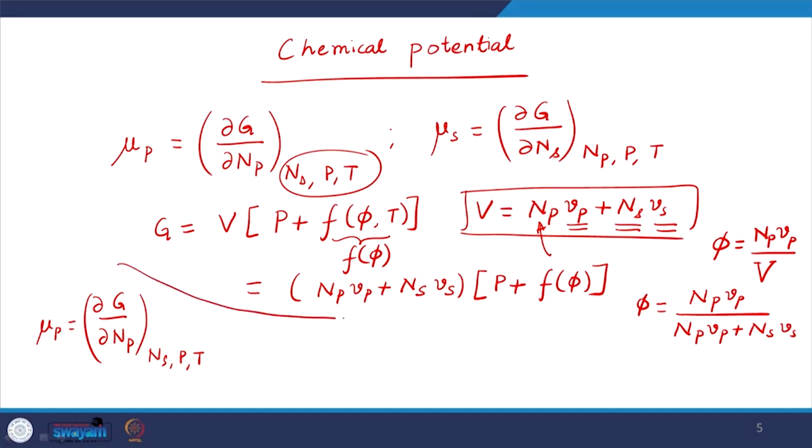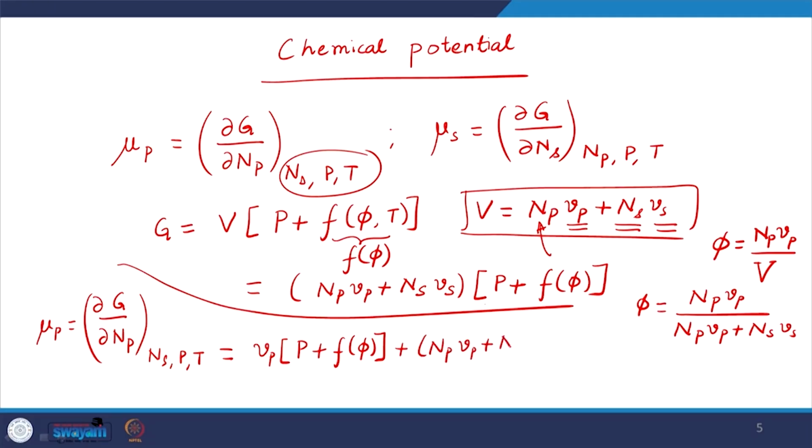So, now this quantity is going to be equal to, first of all we take the derivative of the first term, that will give me Vp multiplied with the second term, which will come as it is, and then I will take the derivative of the second term. So, pressure is being held fixed, but we have f prime phi ∂phi/∂